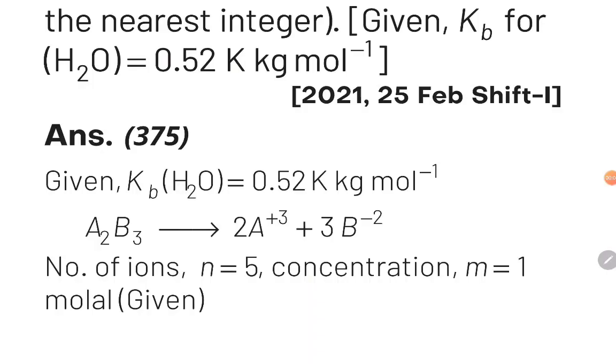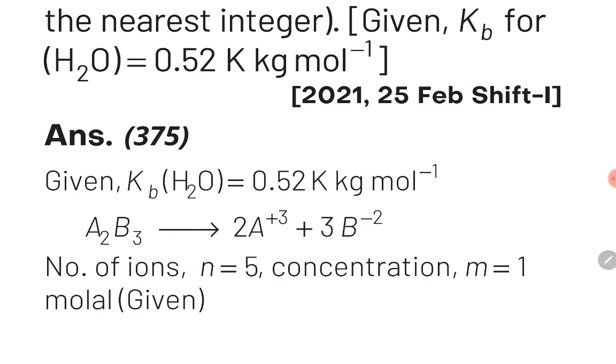Yes students, you can observe here that electrolyte A2B3 will dissociate as 2A3 plus 3B2 minus. Now guys, let me explain to you how we calculate its Van 't Hoff factor. Guys, let's assume that we have 1 mole of A2B3 present initially. Therefore, number of moles of A2B3 at equilibrium will become 1 minus X, and number of moles of ions on the right hand side will become 2X and 3X respectively. Guys, this value of X has been given as 0.6 in the question because 60% of electrolyte is being dissociated.